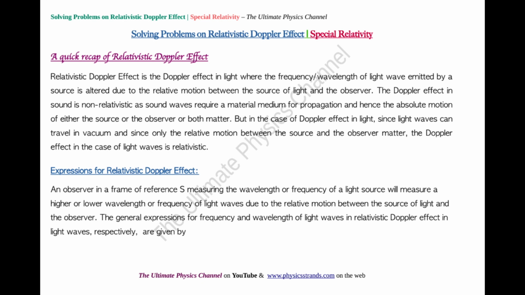Let us check the expressions for Doppler effect. So if an observer is in a frame of reference S and if he is measuring the wavelength or frequency of a light source, he will measure either a higher or lower wavelength or frequency of light waves due to the relative motion between the source of light and the observer himself. The general expressions for frequency and wavelength of light waves in relativistic Doppler effect are respectively given by